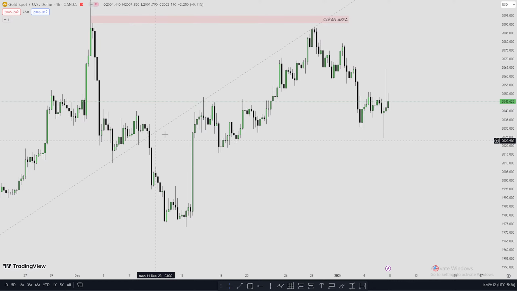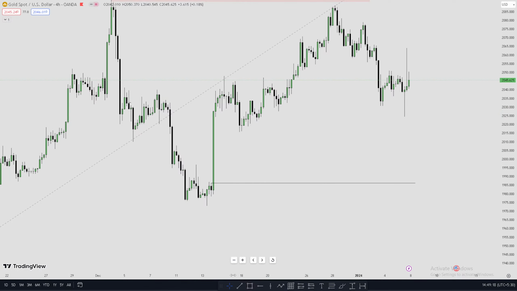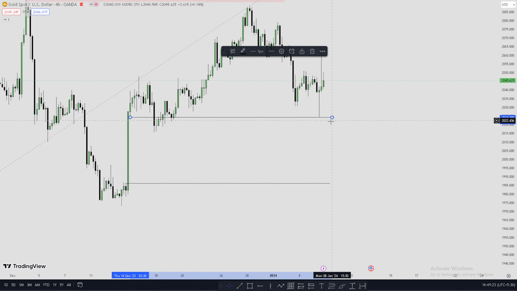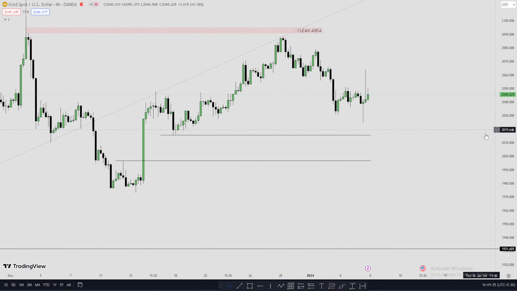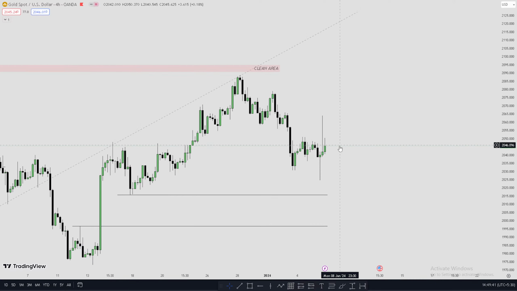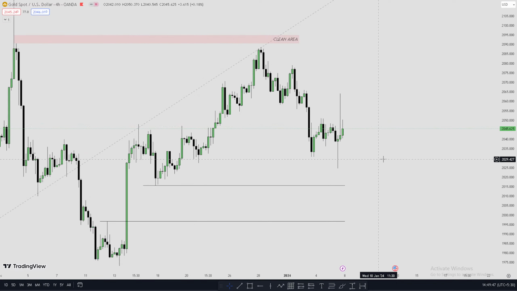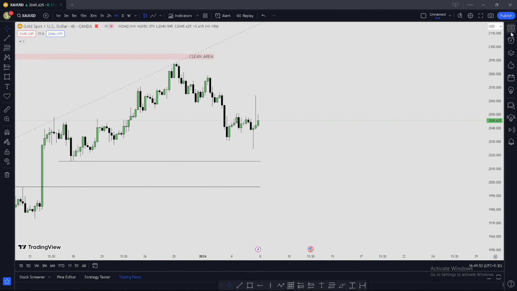Ignore this trend line. This is just a waste of time. This is nothing. Okay, so I've drawn this fair value gap on the 4 hour time frame, which I see the price is most likely to approach on 1 day. What we see, okay, so let me just adjust it as per the 1 day time frame. The price has given us a good break of structure, and this order block and this fair value gap that the price could have been approaching. So I'll be looking for more short positions.